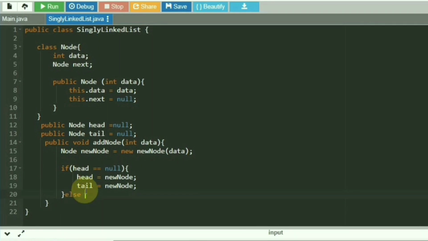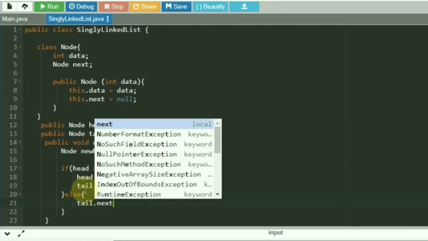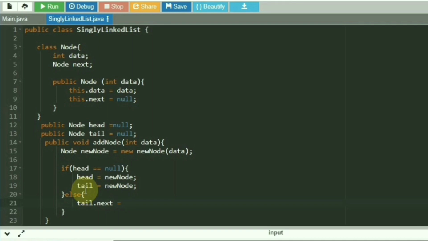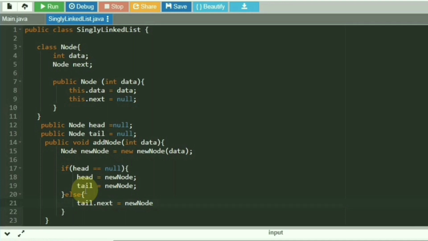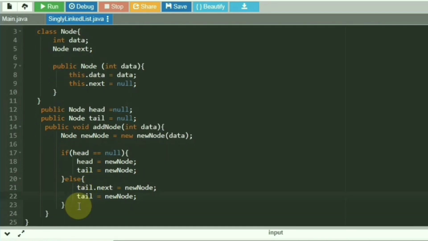But the other case can be that we already have data in the list. In that case, tail.next, what you have to do is, tail should now point to the newly added node. So whatever new node you have created right now should come into the next of tail, and your tail is the new node. Earlier your tail.next was null, as that was your last node. Once you add a new node, that particular node's next part will contain the memory address of your new node. So this is what we are doing. Tail.next is your last node. So in the next of the tail we added our new node, and now our tail is the new node, which is the last node.